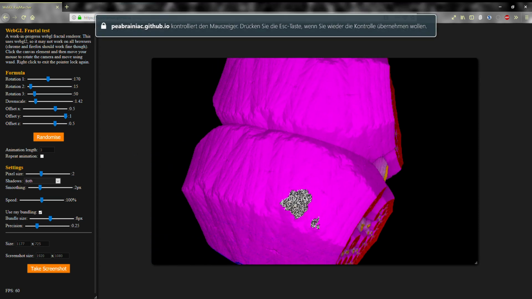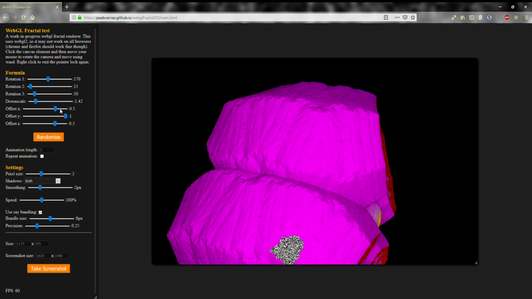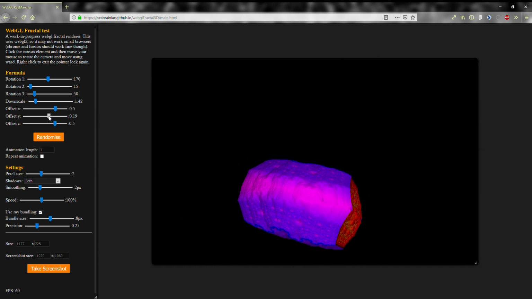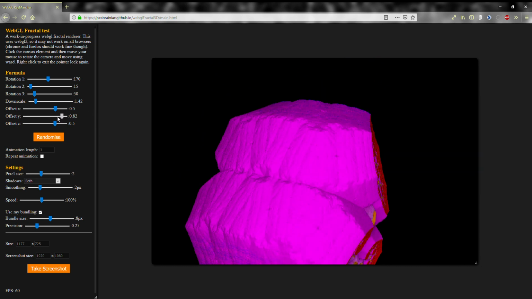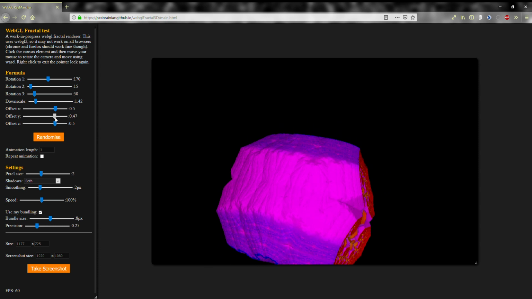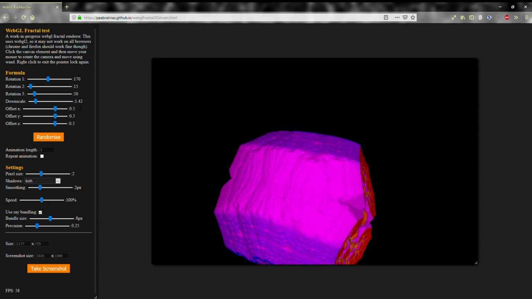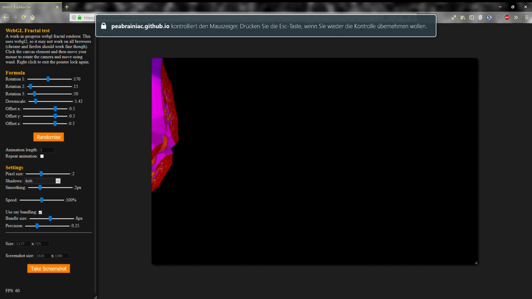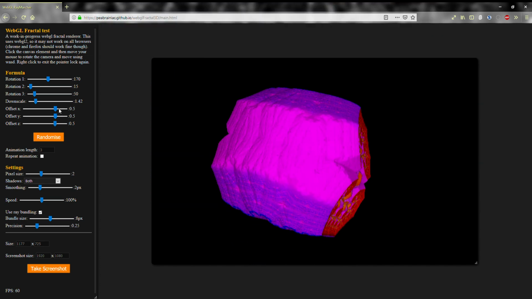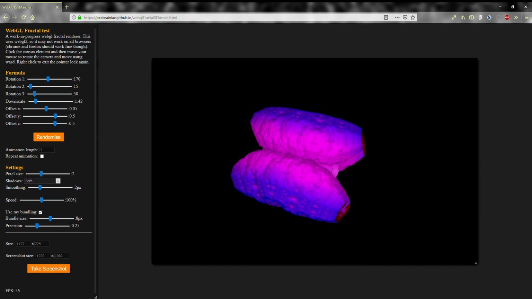It gets kind of buggy if these sliders are all up very high, but for lower values that works just fine. And also whether these are all 1 or all 0.5 doesn't really change anything about the fractal. It's just about the proportions between them. So that's really not an issue.